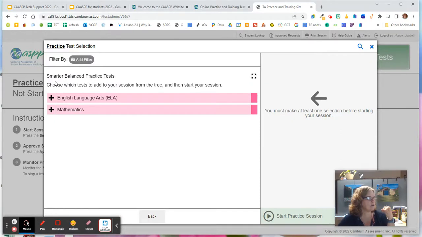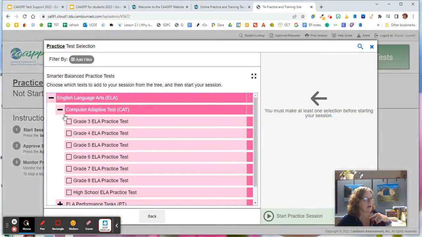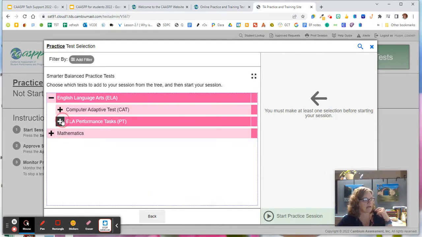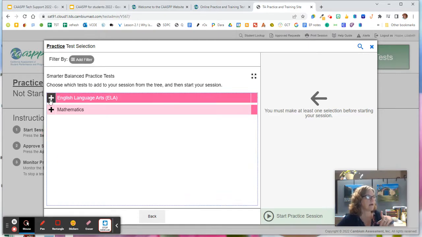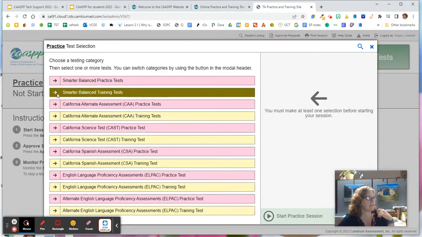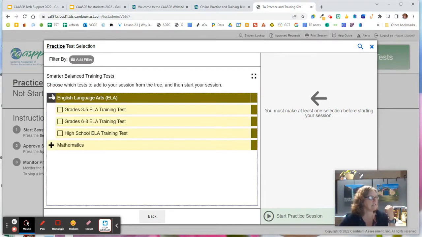If I click on the arrow, I can choose language arts or math, the computer adaptive, or the performance task. Those are going to be pretty similar to what the regular summative test is. Same thing for math. Okay. But I want you to consider, how do I go back? Maybe the back arrow. The training test is shorter. I think it's like 5 questions, maybe 6 or 7, just to kind of, if you want to talk through the process of here's how we do it, here's how the tools work, the training test is ideal because